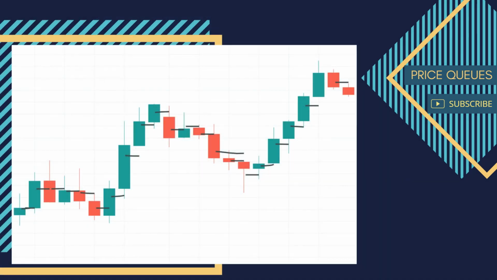Here's a snapshot of a stock, and the black horizontal lines are actually the mean of each and every candle. As you can see, in most of the cases, the candle comes near the mean of the previous candle, which becomes the perfect place to take an entry and helps you enter at a better level, which reduces your stop loss.